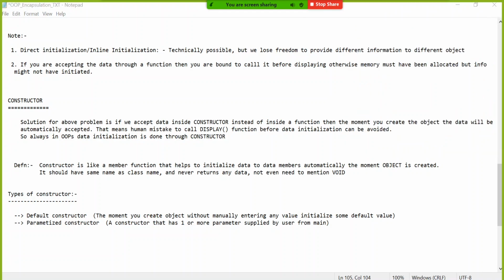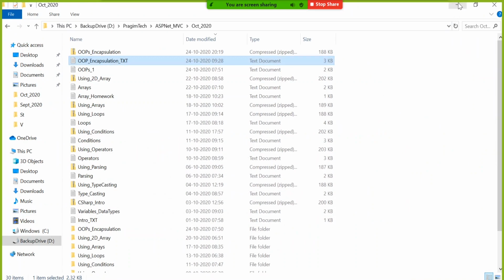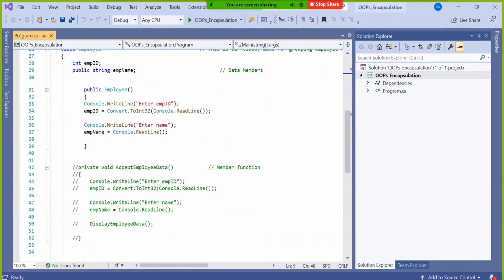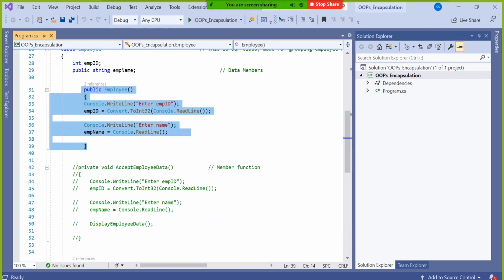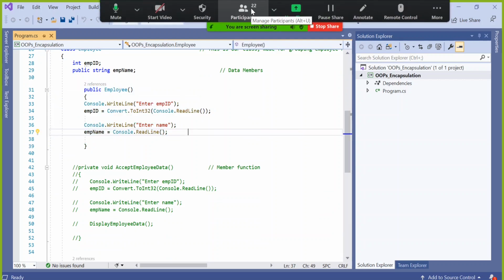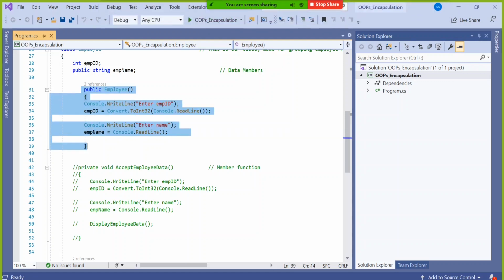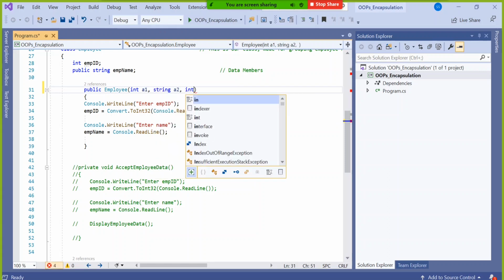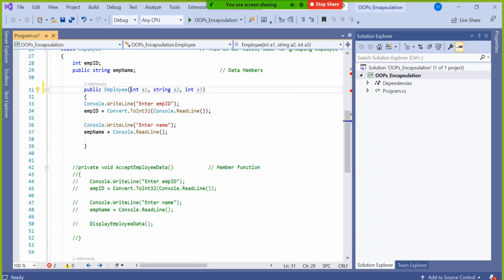So let's see how both practically differ from each other. Yesterday's constructor we can name a default constructor because it doesn't have any parameter. Can you see here? This is the constructor. I hope all of you are able to see my screen. I have shared it, right? This is the constructor, with an open bracket and close bracket, and 0 arguments. If I have some parameters like integer a1, string a2, decimal or integer a3, these are called parameters.